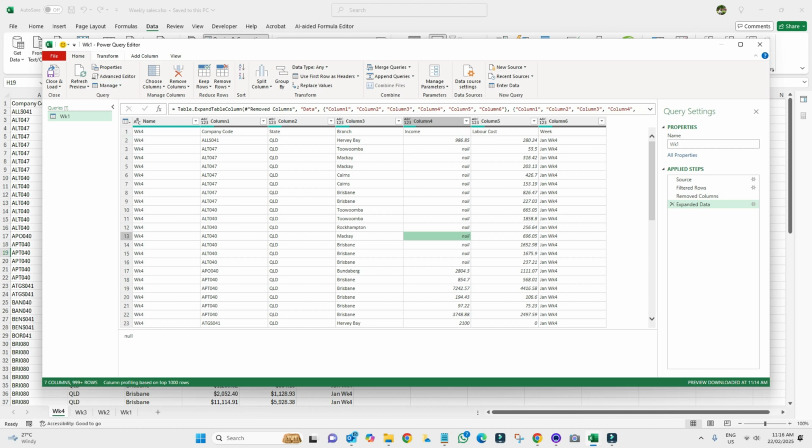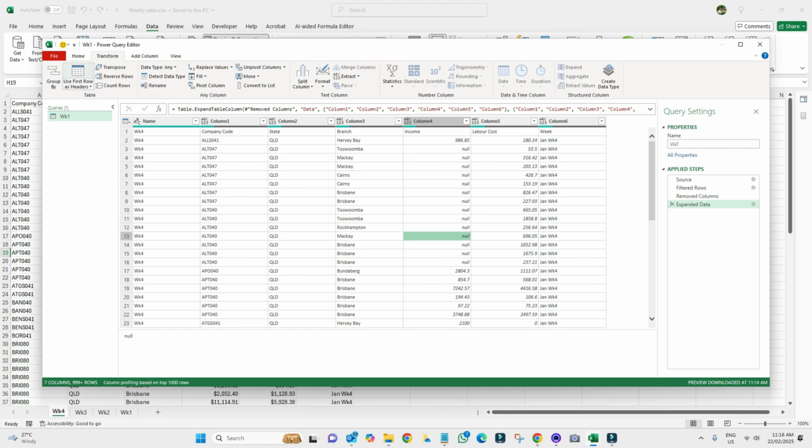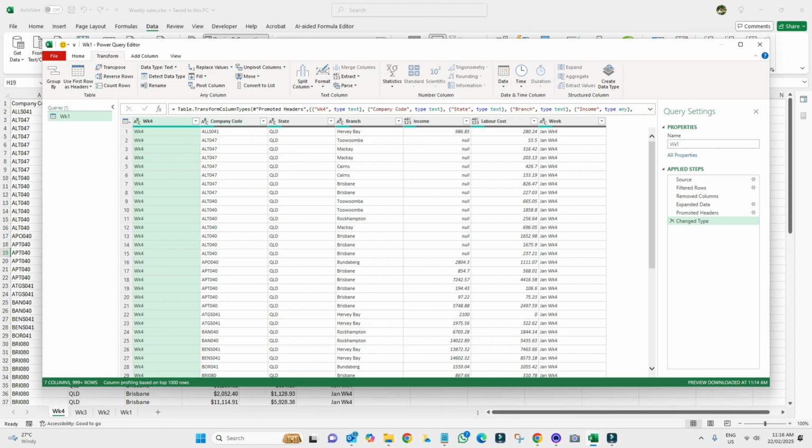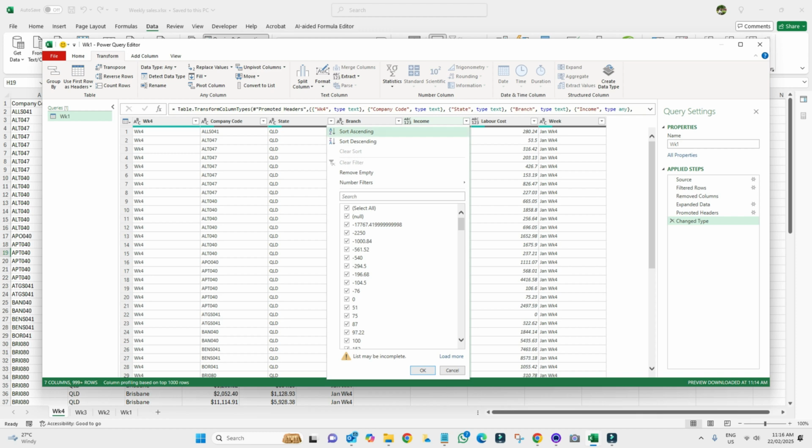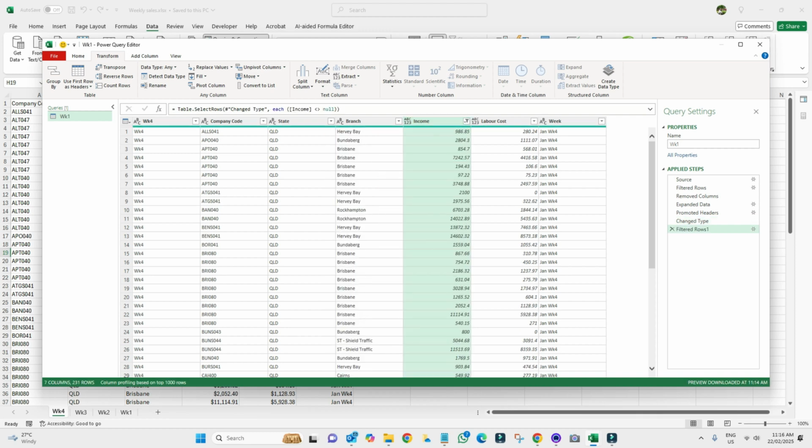So what we need to do, go to transform, and then you can see use first row as header. So we have selected that one, and then we are able to see our headers here now, right? And then you can see we have some null values here as well. So you can just simply click on the drop down button and then untick the null values, and then it's